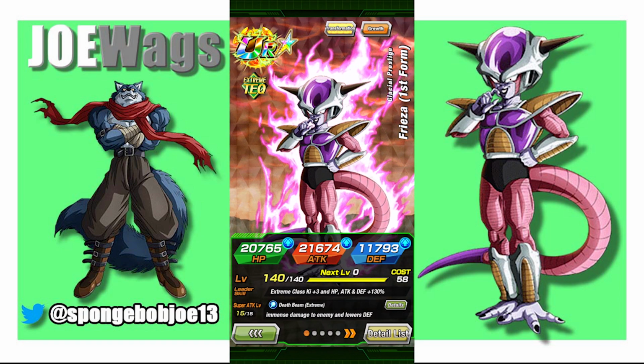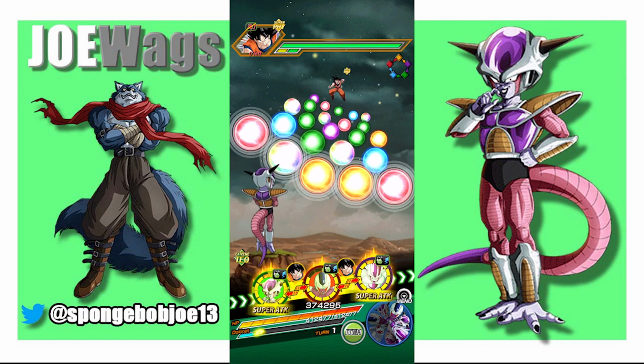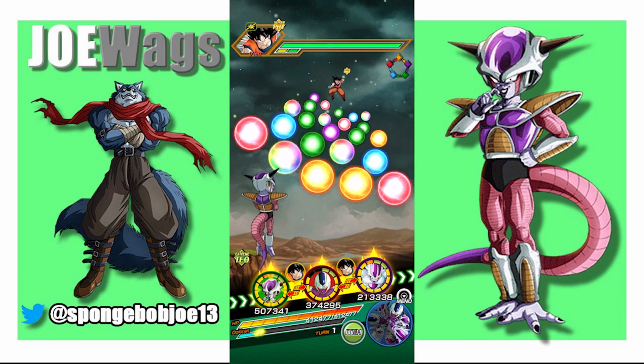He gets 6 links, so he gets all of his links with that unit. Otherwise, there are several other units he gets 5 links with. So he gets 5 links with third form Frieza. He also gets 5 links with Strength Cooler. So the way my rotations turned out here, the Frieza we want to look at's in slot 7, which is